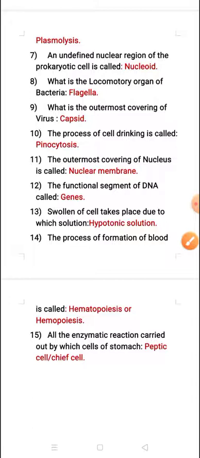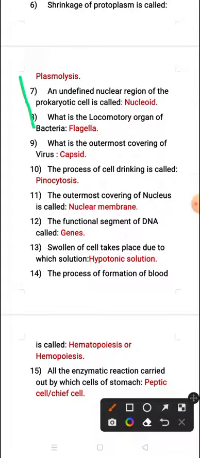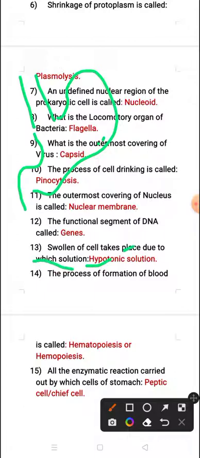Wait. Suppose this is your stomach. In the inner lining, here what happened? This is your stomach area. I am drawing here. See this inner layer, these pits, this is a gastric pit. This is called a gastric pit. This area is called gastric pits.